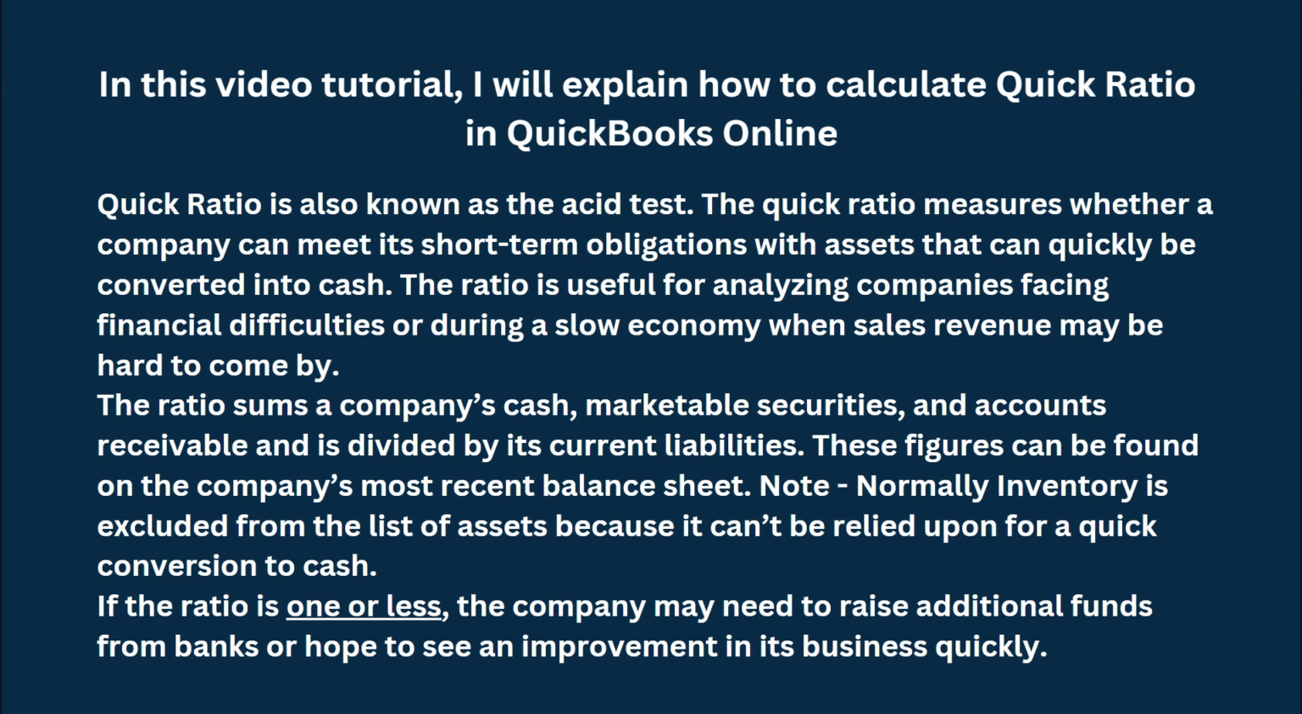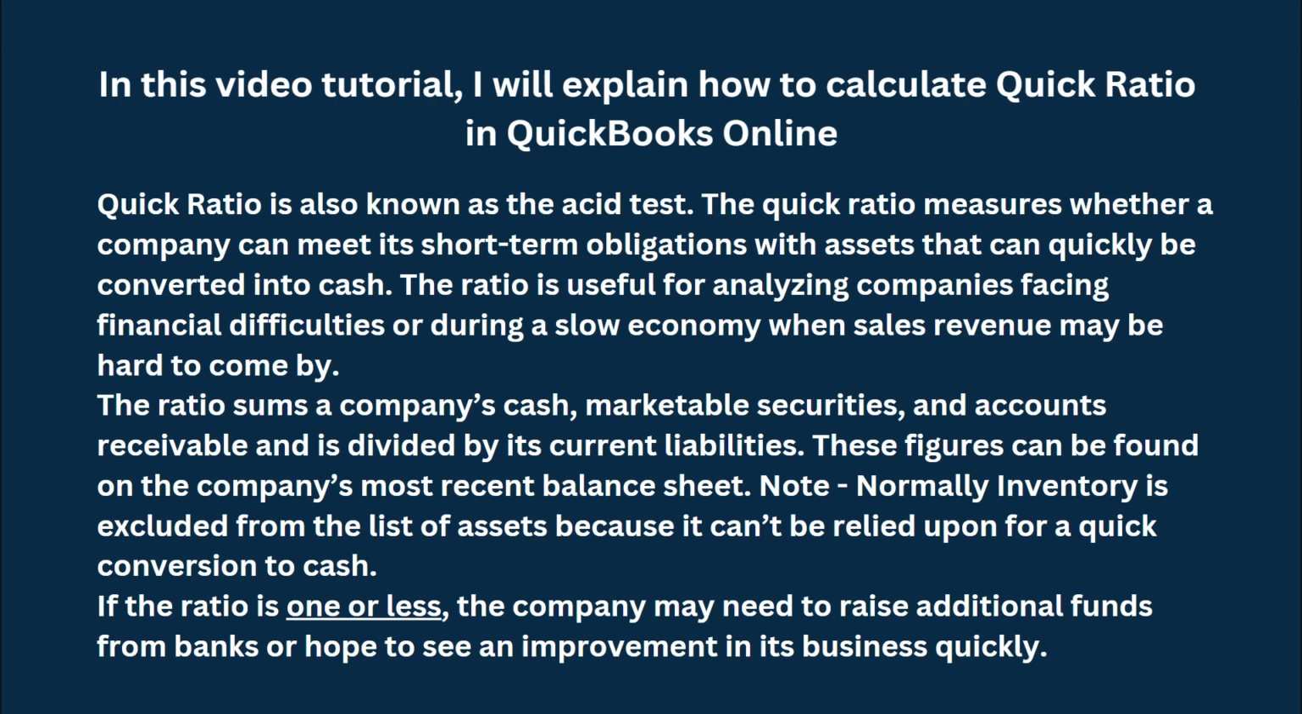And it's basically divided by current liabilities. Like you have vendor bills to pay, credit card debts and some other things. So you just divide by the current liabilities. These figures can be found on the company's most recent balance sheet. So just run the most recent balance sheet, and you will see all your current assets, cash, accounts receivable,